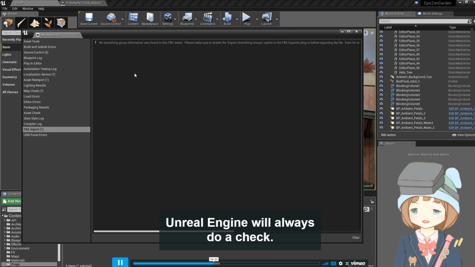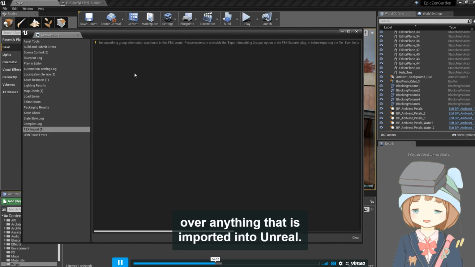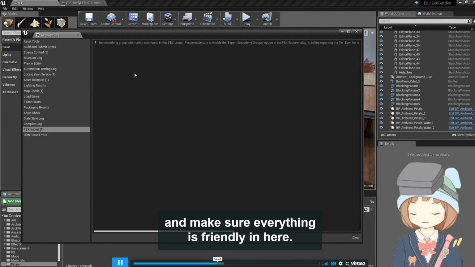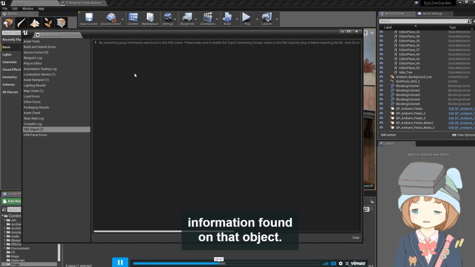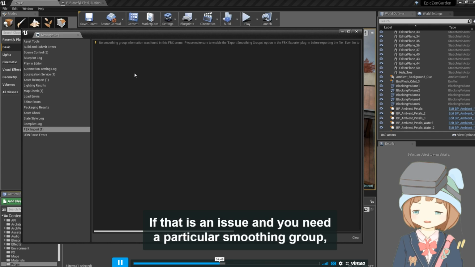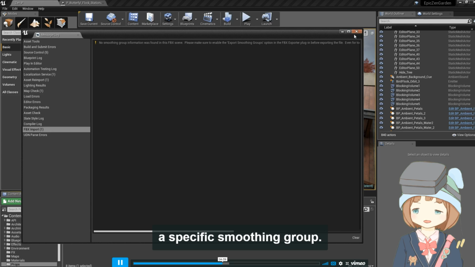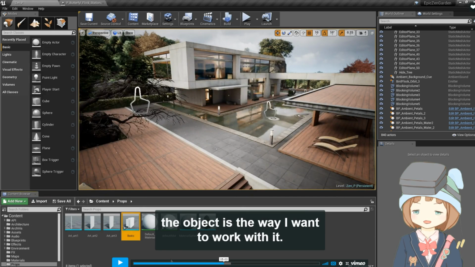Unreal Engine will always do a check, kind of this idea of a map check, we'll call it, over anything that comes into Unreal. So whether it's a texture or an object, it's always going to run a little check on it and make sure that everything is friendly in here. Here it's pointing out that there is no smoothing group information that is found on that object. So if that's an issue, if you needed a particular smoothing group, it's warning you on there, giving you that heads up that this doesn't have a specific smoothing group on there. Otherwise, I can just go clear and work away with it if I know that the object